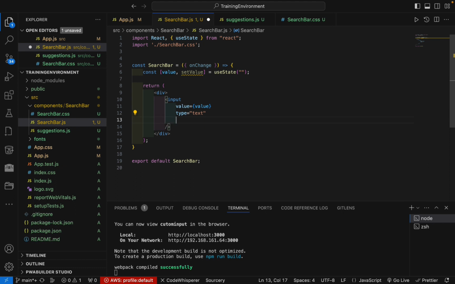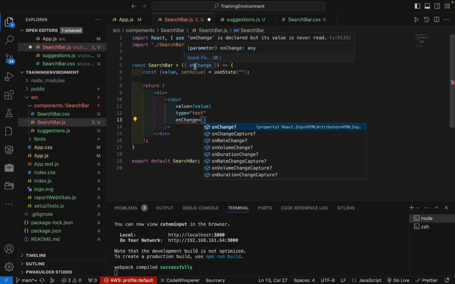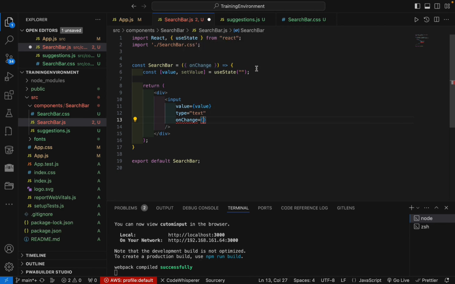Go ahead and set our properties for the input component. We'll pass on, well, we can't pass on the onChange to it. We're going to have to actually create another internal function if we're going to be handling both of them at the same time,